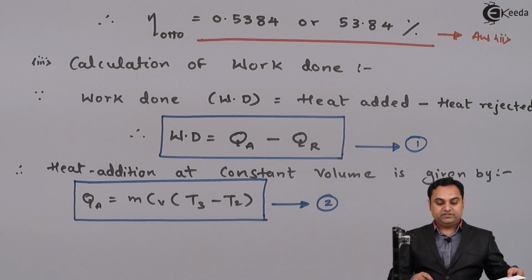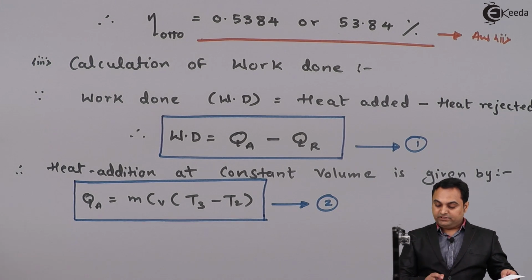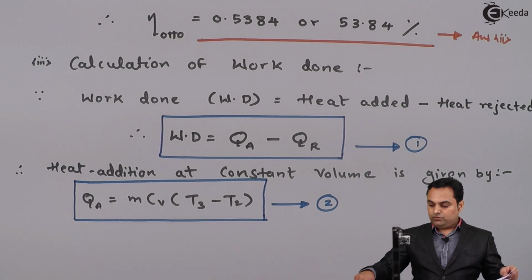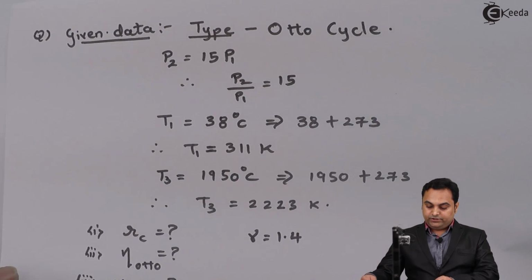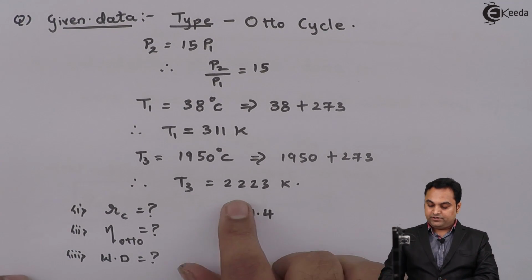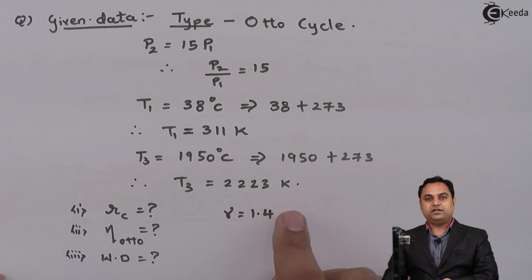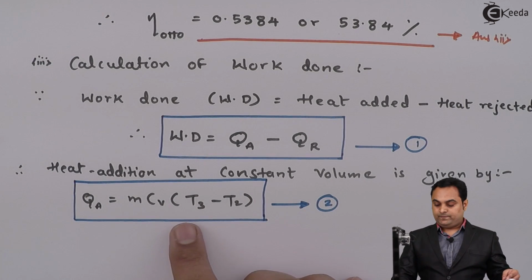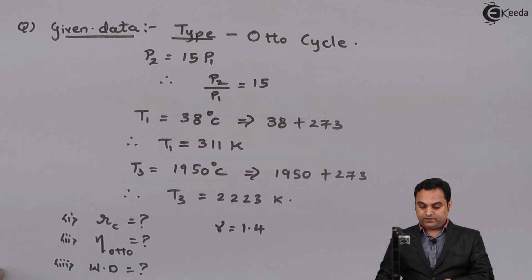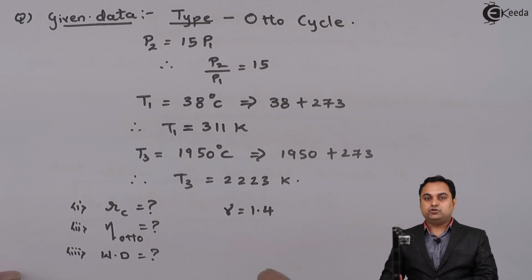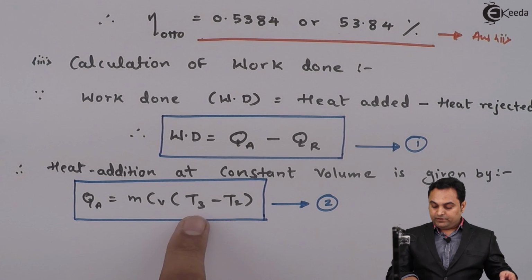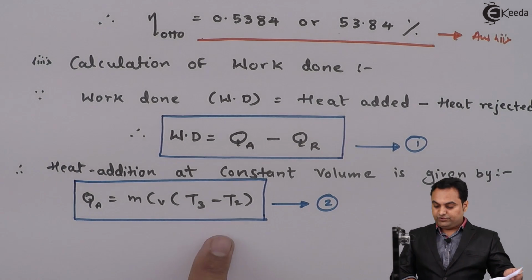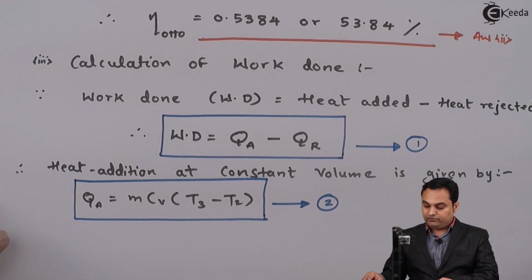Now out of this we can say that we have the value of T3 which was given in the problem. I'll show it in the form of data. Now here T3 value was the maximum temperature, it is 2223 Kelvin, so T3 value we have. Next CV, now CV value we can assume for air, and mass we can take it as 1 kg, so the only unknown which remains is T2, so we have to find out T2, and for that I'll write down